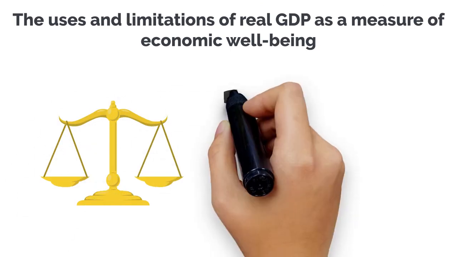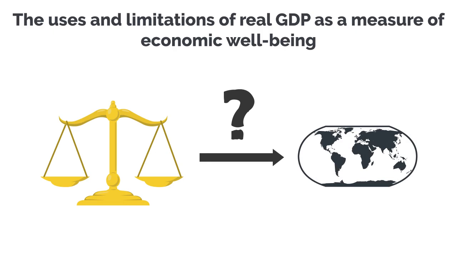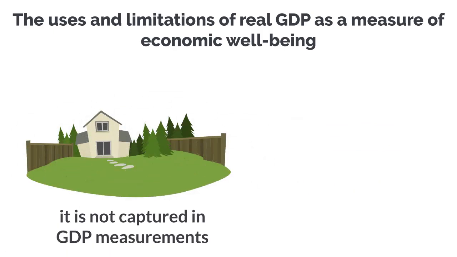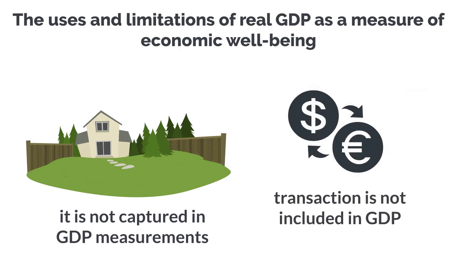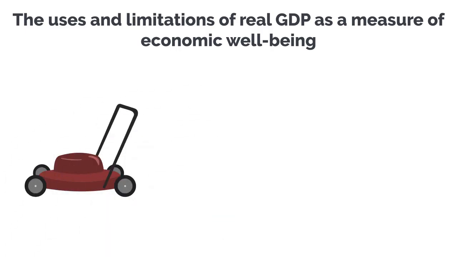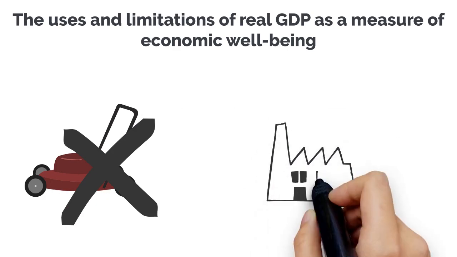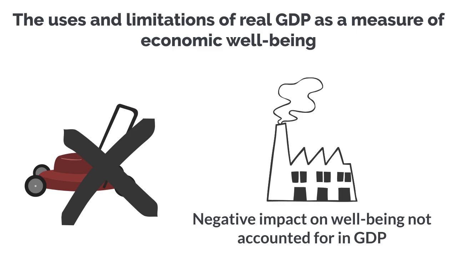GDP measuring has some limitations and is not always an accurate depiction of a country's well-being. GDP does not measure all production, such as some independent production like home gardens, and cash paid for some services is not recorded. If someone has a neighborhood lawn service, it is not likely to appear in the reported number. GDP does not measure some aspects that are attributed to well-being, such as pollution.